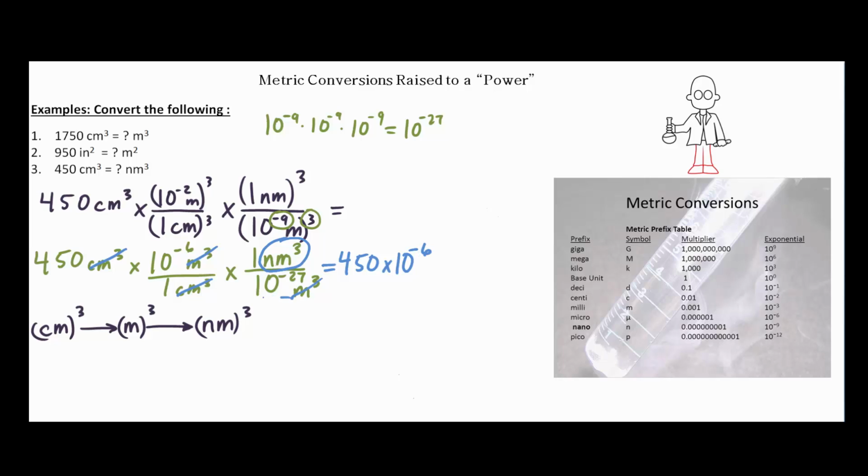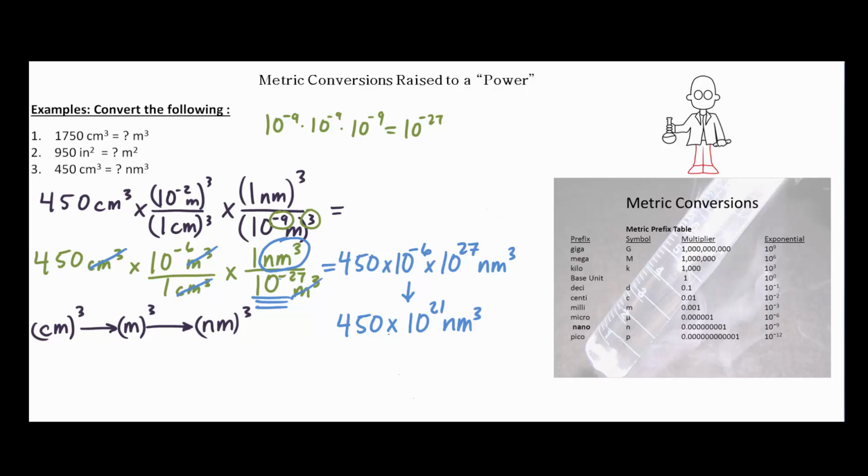I want to bring this denominator of 10 to the minus 27 to the numerator, so that becomes 10 to the 27th power in the numerator, all nanometers cubed. I can simplify this expression and say 450 times 10 to the 21st